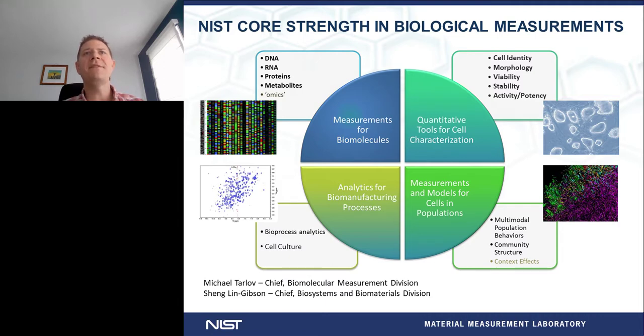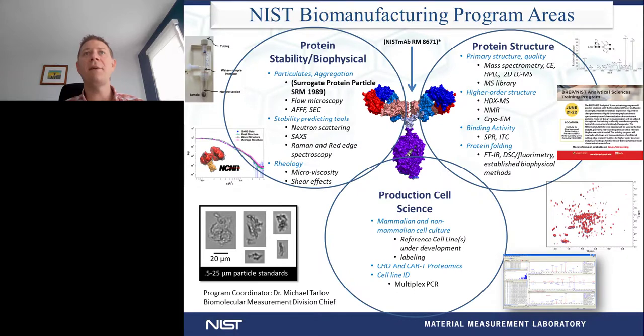So with that measurement system, we've actually had a program specifically in biomanufacturing. So now we're kind of getting into the protein therapeutic space, which is where we spent approximately the past 6 or 7 years. Again, we have a very wide program, but this is focusing mainly on the monoclonal antibody type characterization and analysis that we've done over the past few years.